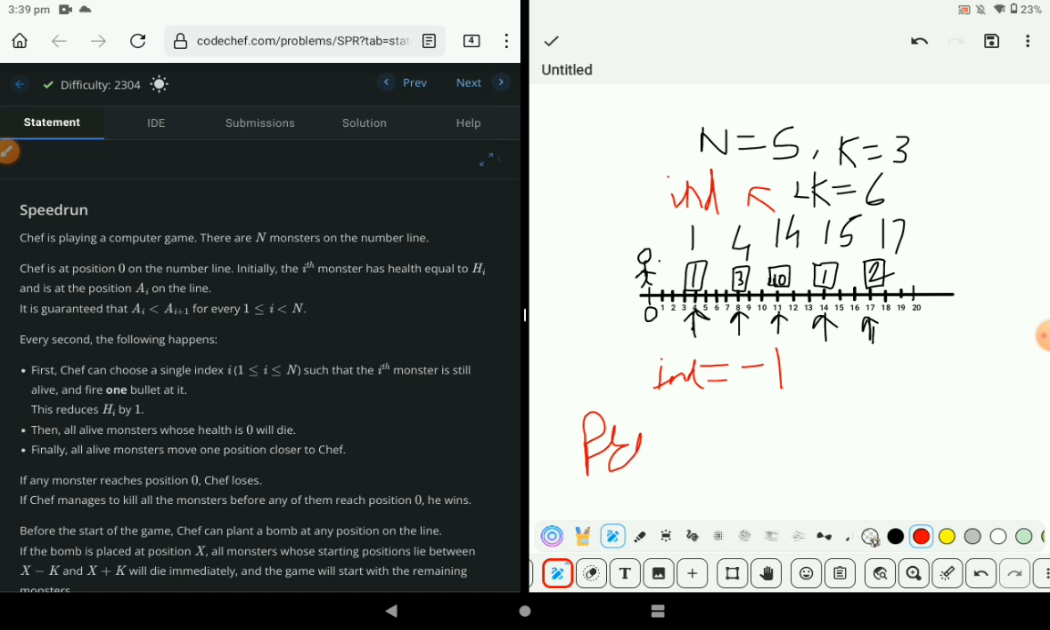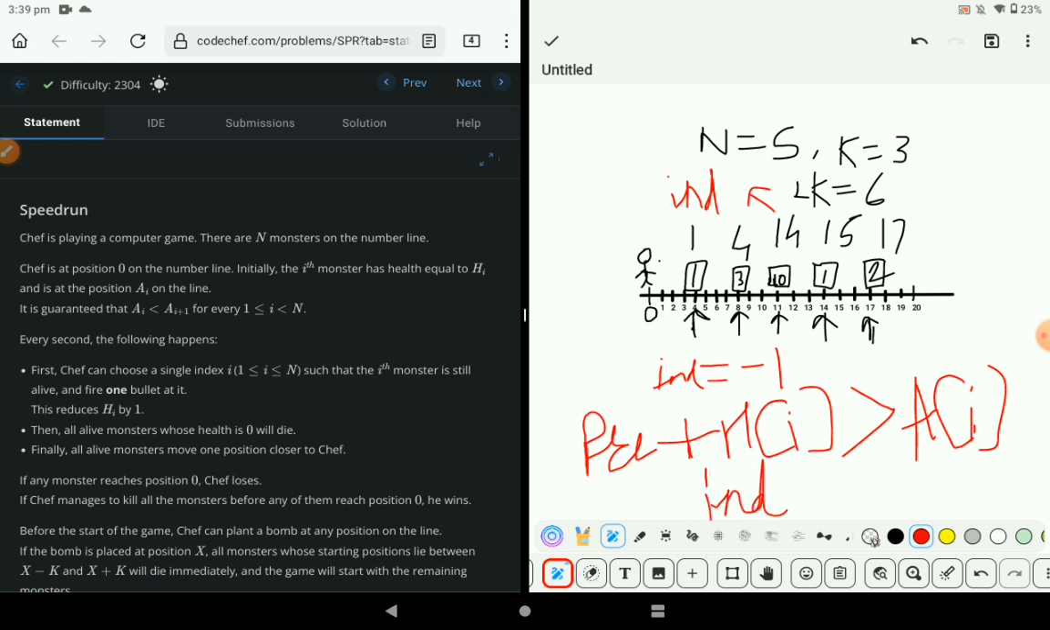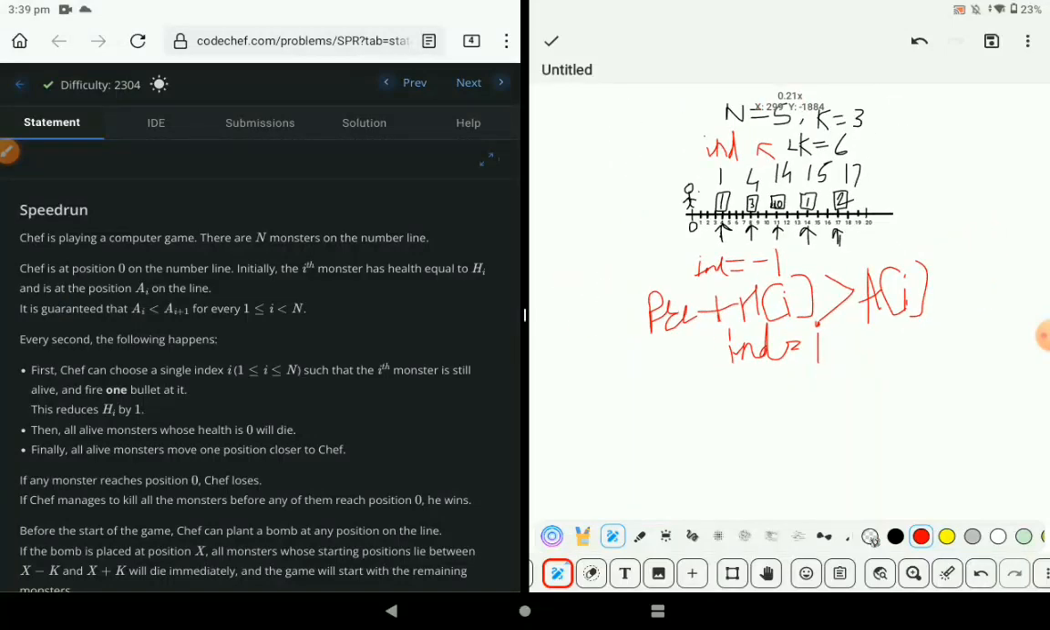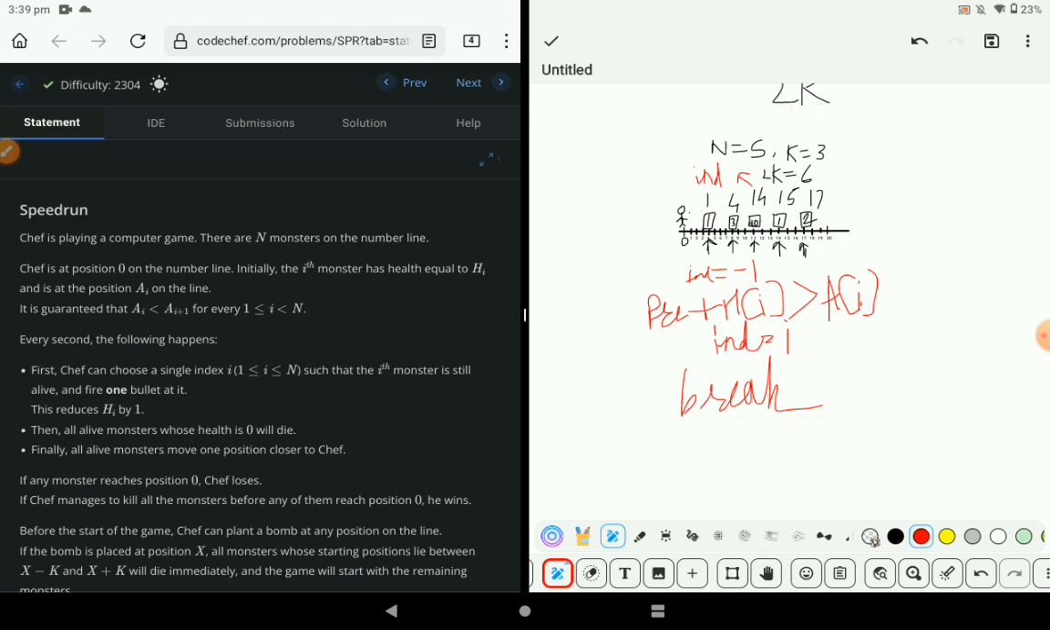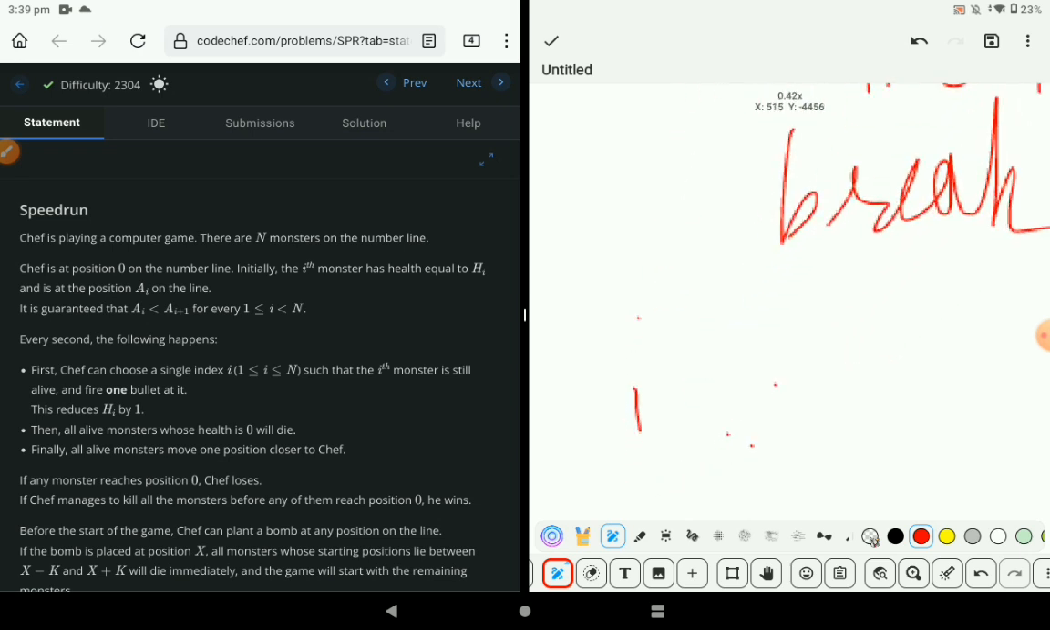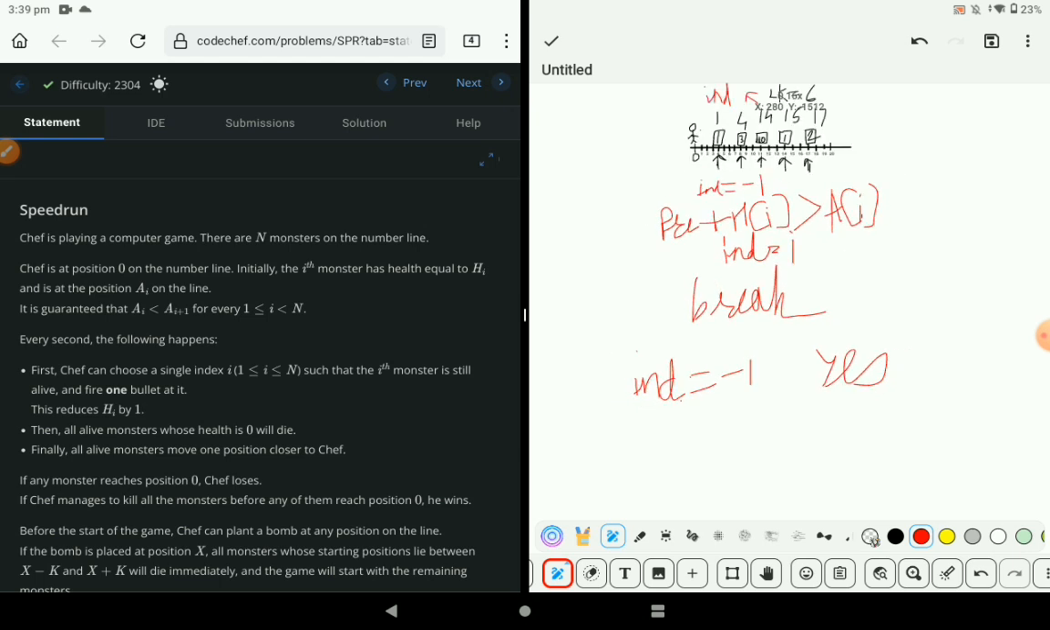ओके, सो बेसिकली हम अभी ये कंडीशन यूज़ करेंगे, इफ़ प्रीफिक्स प्लस h ऑफ i, अगर प्रीफिक्स और हेल्थ इंडेक्स से बड़ी है तो हम जो IND है उसको i ले लेंगे। और फिर उसको ब्रेक कर देंगे। ओके, एट लास्ट अगर हमारा IND इक्वल्स टू -1 है तो हम आंसर प्रिंट कर देंगे, क्योंकि ऐसा कोई मॉन्स्टर तो है ही नहीं हमारे पास, तो हम तो सारे मॉन्स्टर्स को किल कर लेंगे ना, तो इसलिए हम यस प्रिंट करेंगे।